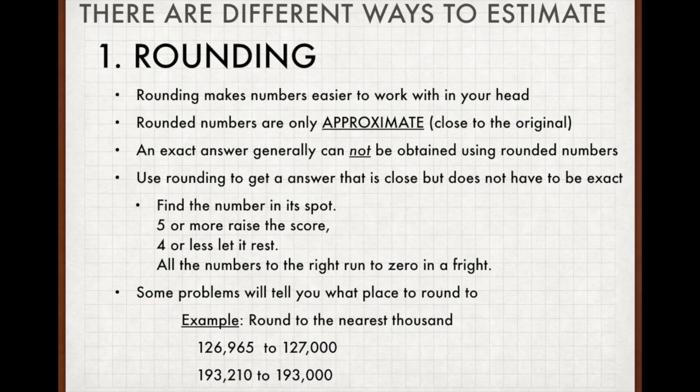We practiced a method in which we find the number spot, we underline what we're dealing with, and then to the right of that, we look at that number. That was our circled number. And then if it was 5 or more, we raised the score. If it was 4 or less, we let it rest. So basically, if you look at the bottom of the slide,